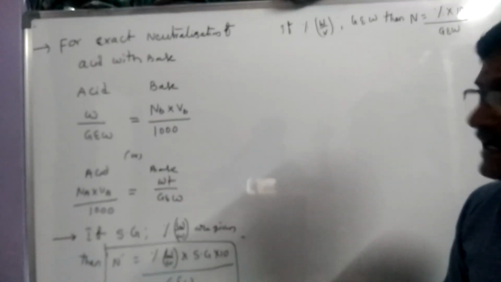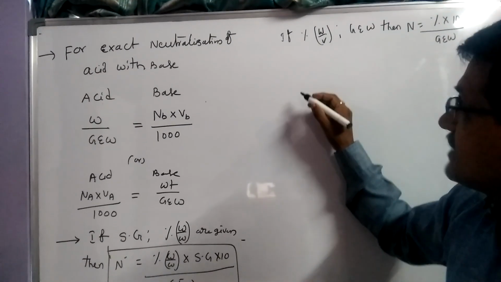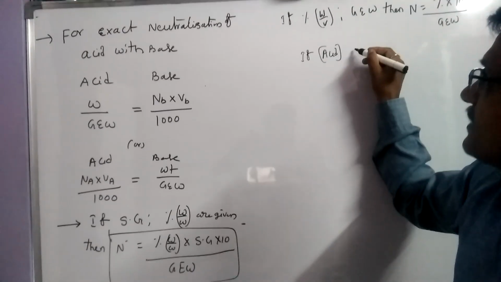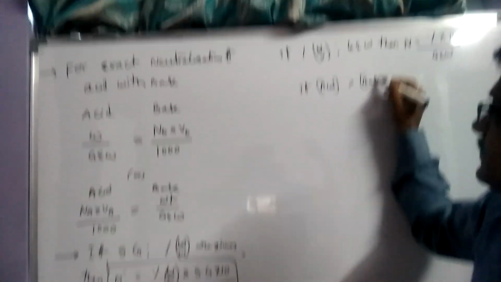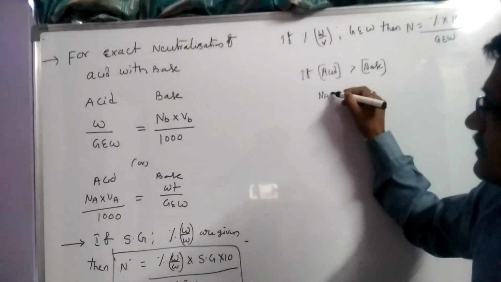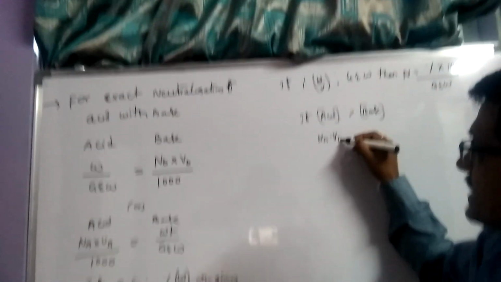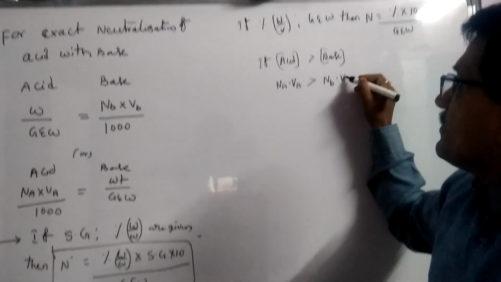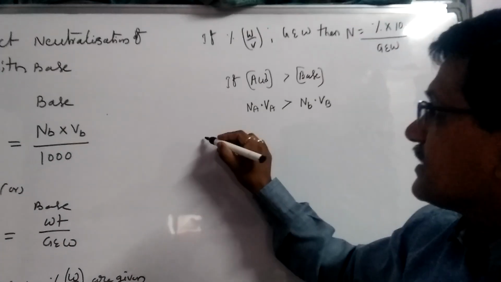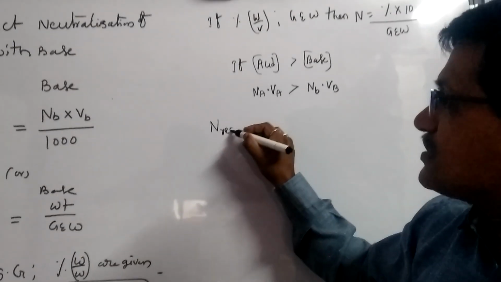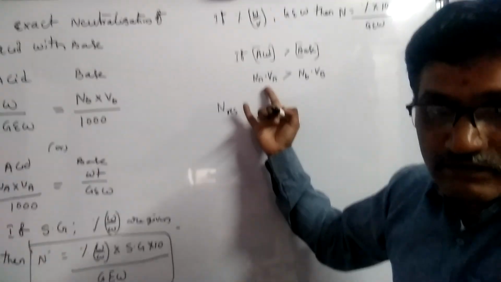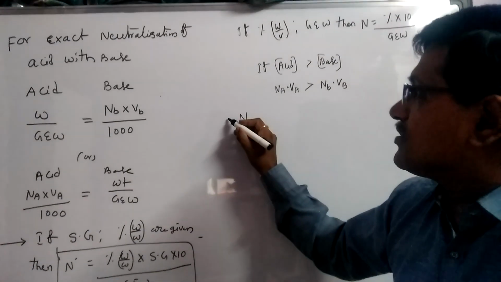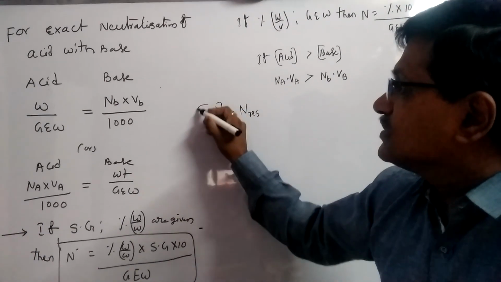Okay? In acid-base titrations, if acid concentration is greater than base concentration, it means the product of normality of acid and the volume of the acid is greater than the product of the normality of base and the volume of base, then the normality of the resulting solution is equal to, here which is more, acid is more, so normality of resulting solution is equal to H plus concentration, that are equal to